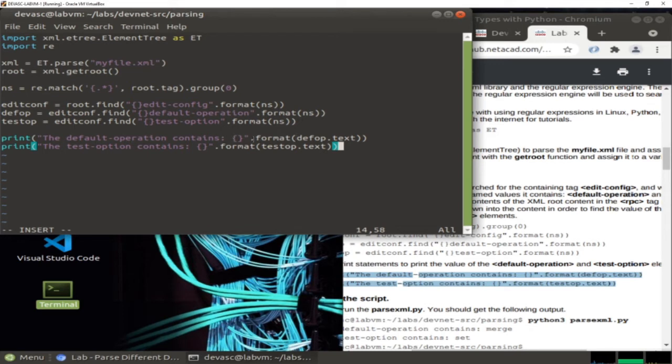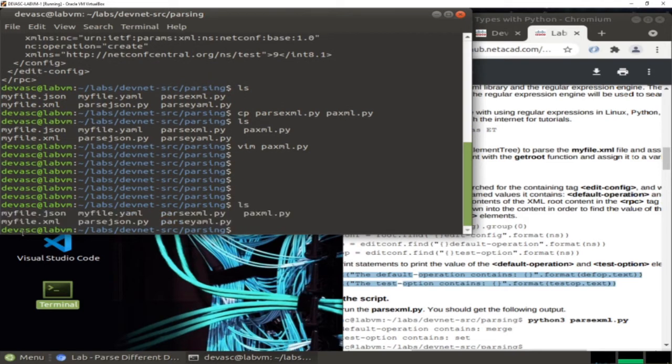The brackets will have the content of div op.text, which is this object, and here is also the same. I'm calling this an object because it's under the dot find, and there is dot text, so it's in the form of an object. Okay, so escape, colon, write, and quit, exclamation mark,